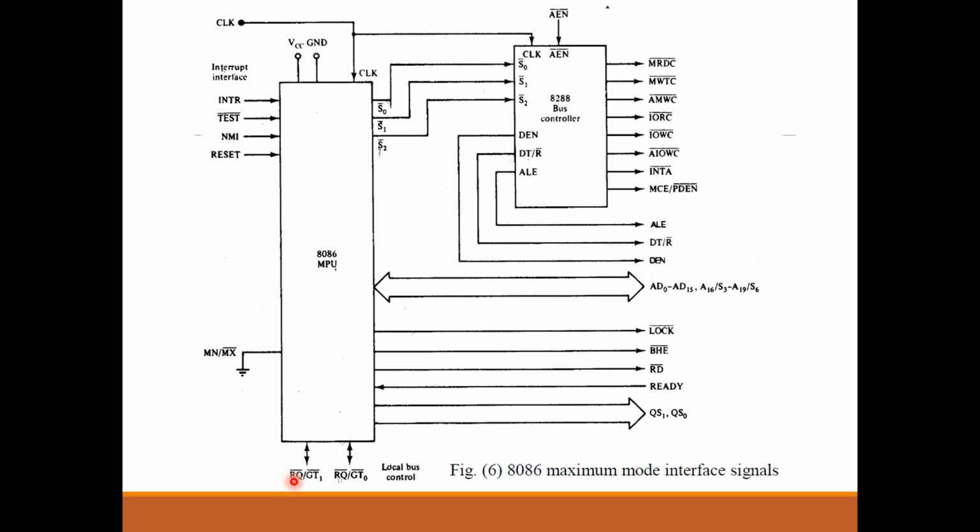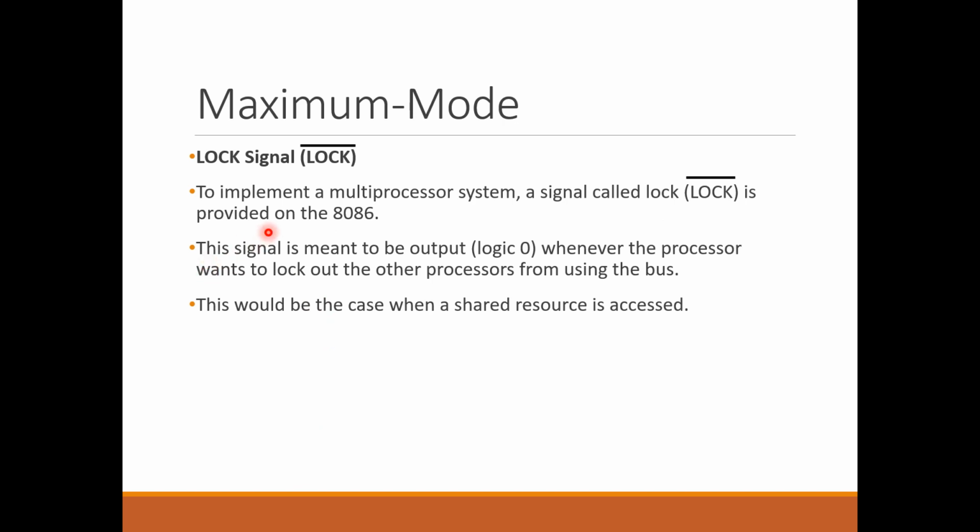going to send a request through this pin to that microprocessor which is already using the buses. So through this pin, the microprocessor which has the buses is going to send back a signal or an acknowledgement signal or a grant signal to that microprocessor, in order to let the microprocessor know that it can use the system buses right now. And we have the lock signal in case the microprocessor is configured in the maximum mode,